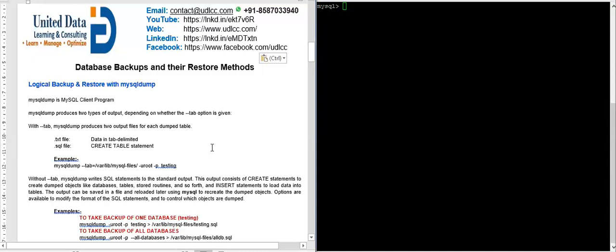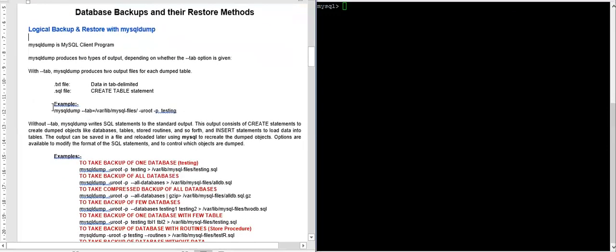So if you have a database like DB1, and in that DB1 you have, suppose, 3 tables, then for every table it will generate a text file and a SQL file. What does it mean? In the text file, you will get data in tab delimited format, and in the SQL file, you will get create table statements. So for simplicity, you can go for this option. If you want your tables in different files, then go for this option.